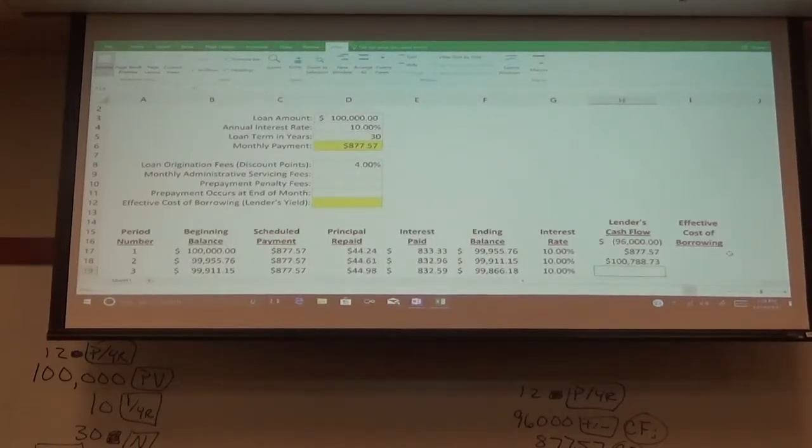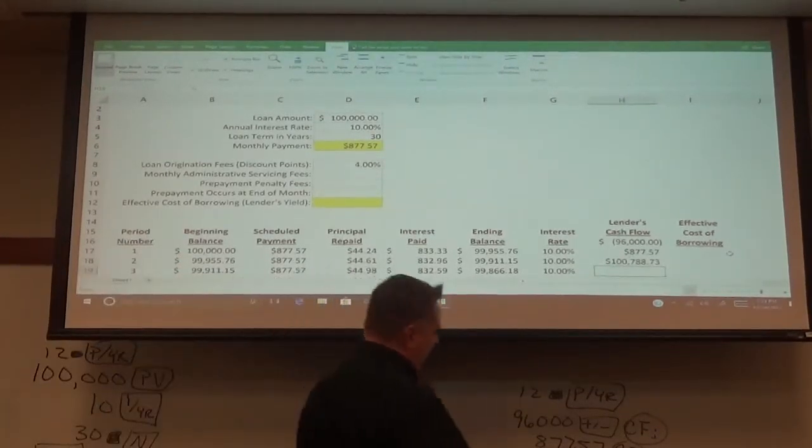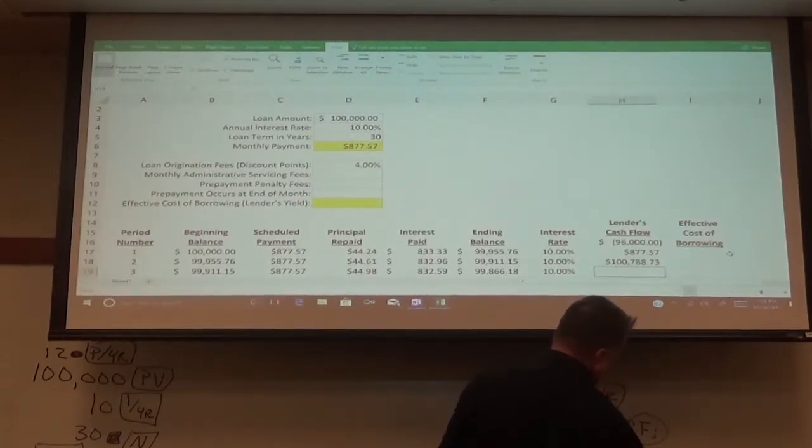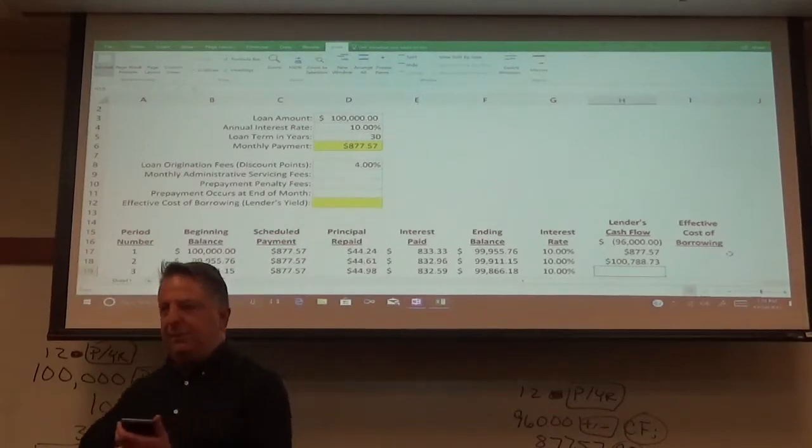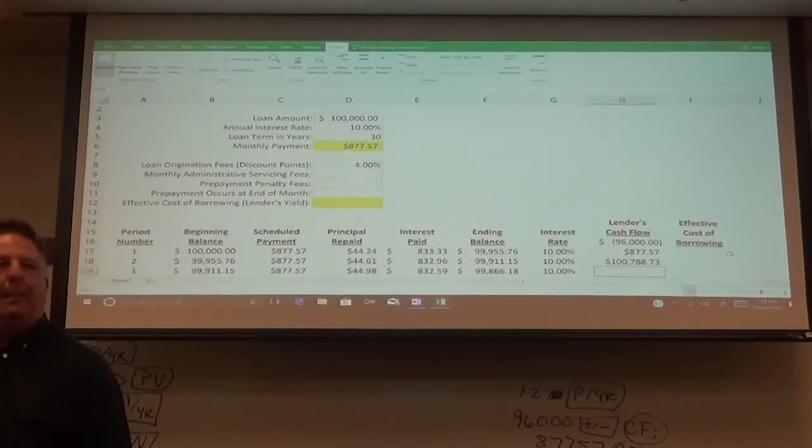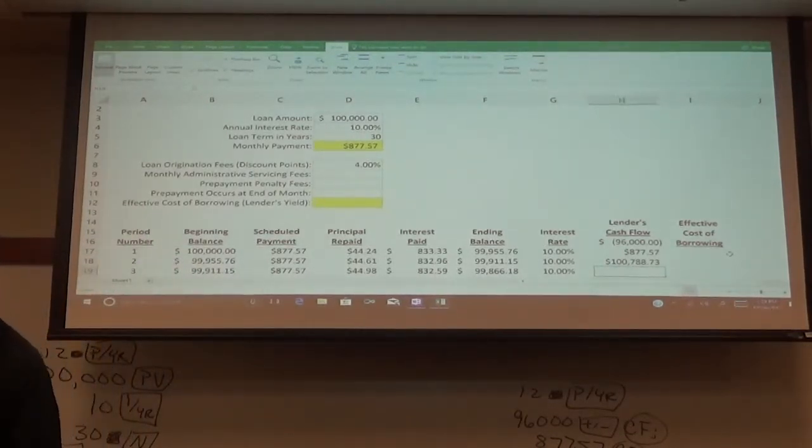96,000, Number 583 here. Cash flow, 877.57, cash flow. 100, 788.73, cash flow. Solve for internal rate of return, 35.06%. So the lender, in this particular circumstance, made out like a bandit because basically they charged you so much